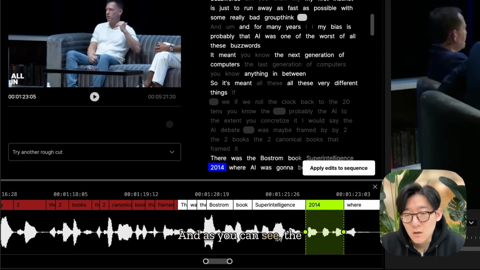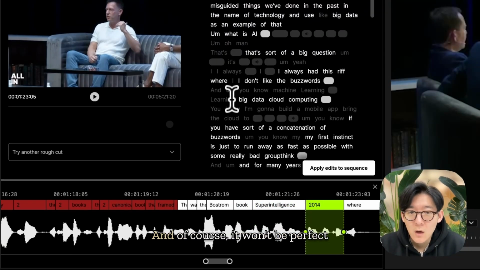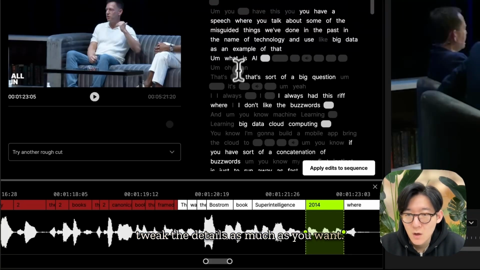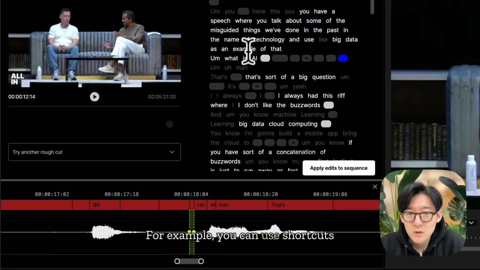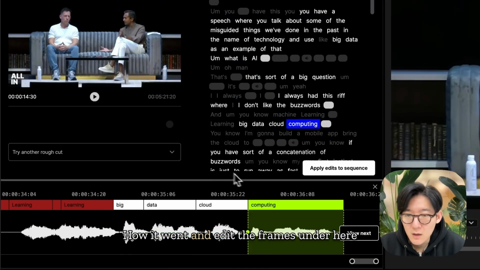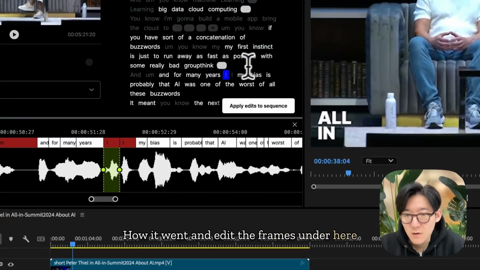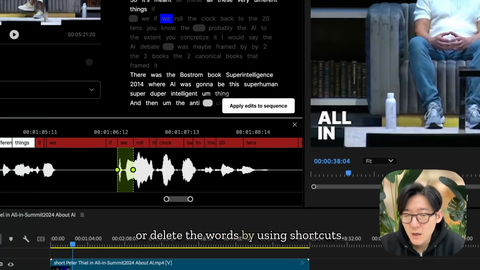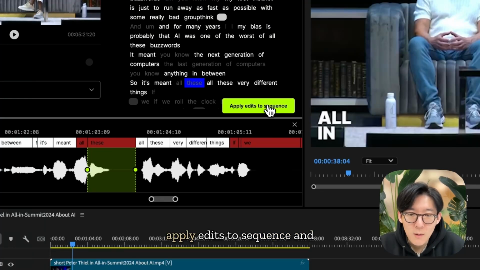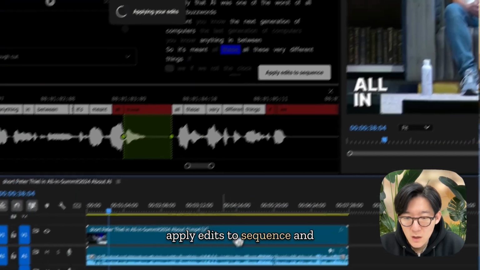And as you can see, the result looks pretty good. And of course, it won't be perfect for your taste. So you can always tweak the details as much as you want. For example, you can use shortcuts to check how it went and edit the frames under here, or delete the words by using shortcuts. And when you're done, just click Apply Edits to Sequence and